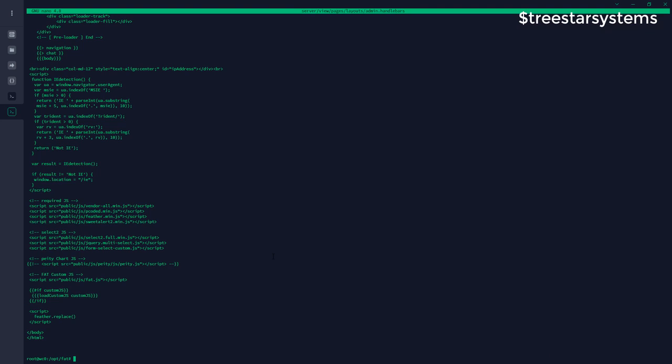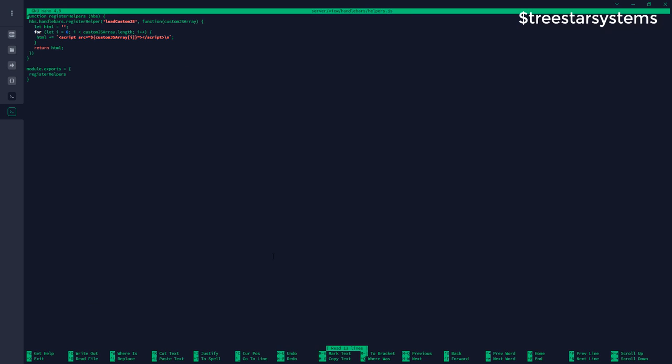Everything looks good here. If we go back to the helpers file, you'll see that the custom JS that I pass in, actually, that's this. Okay, so this is the helper function here. The custom JS array that I pass in is right here. And that's where I call in the load custom JS helper function. And then I do this here, and then I load that. And then I put in everything in terms of my HTML, and then put in the proper script tags,